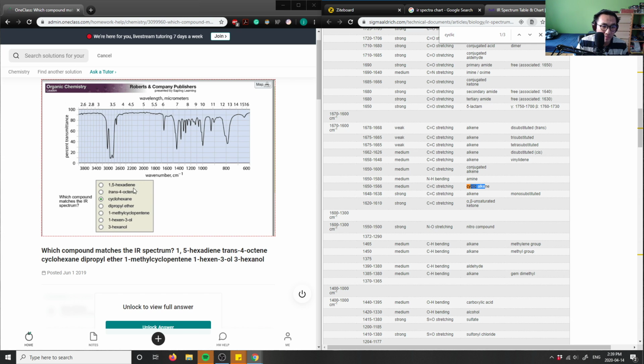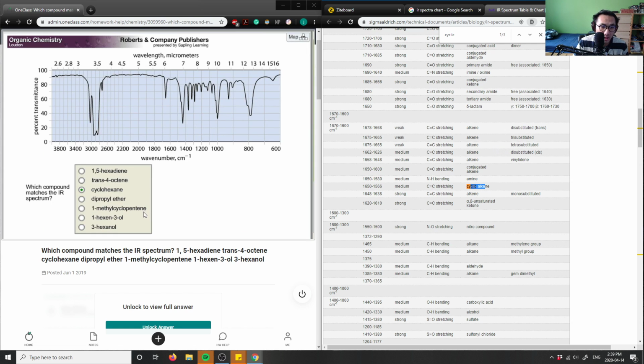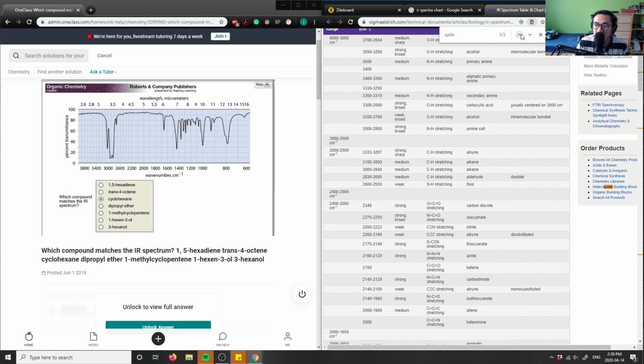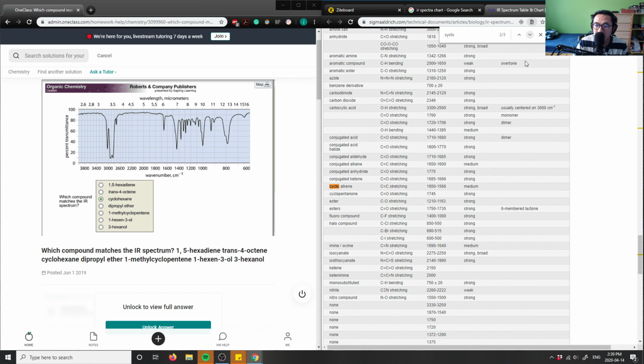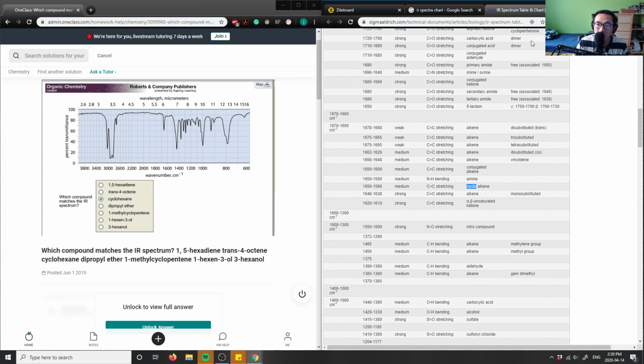So 1-methylcyclopentene is not it. And what else? Do I have another one here? Yeah, alkene again is 1,650 to 1,500. So it's definitely not it. So it can't be a cyclic alkene. So it has to be either a cyclic alkane or a